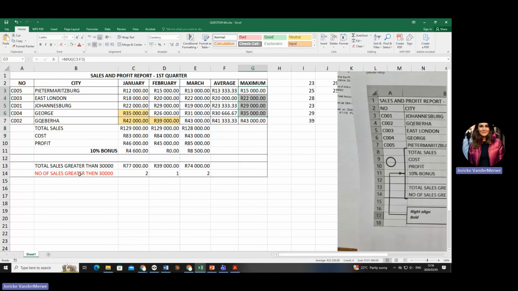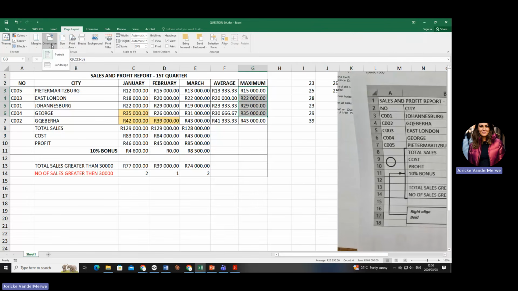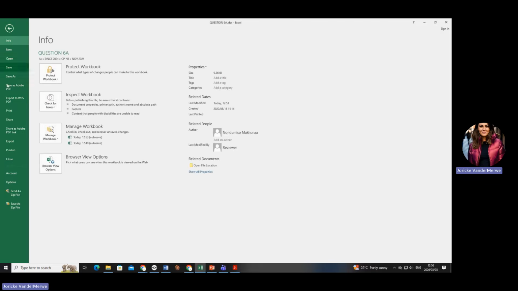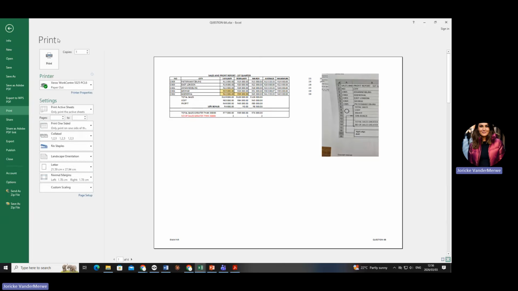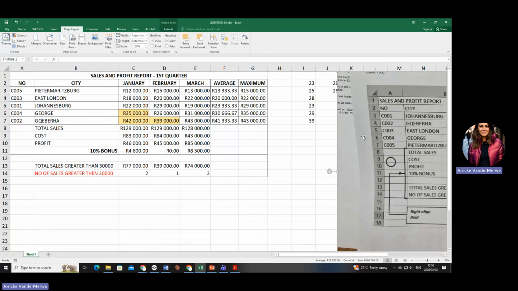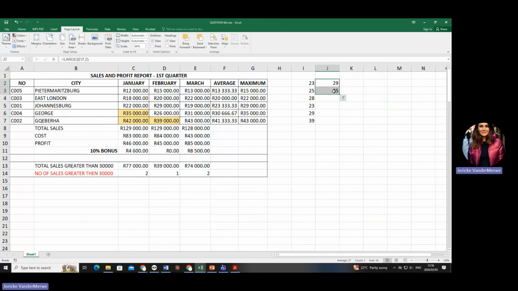Adjust the column widths to fit onto an A4 page. Okay. Now, it doesn't tell you if it needs to be, oh, it's a landscape. So go to page layout, make sure it's landscape. How do you know if it's going to fit? You'll have to go to file print and see if it fits. Obviously, it won't fit because I've got my stuff going on here. So let me just delete that.